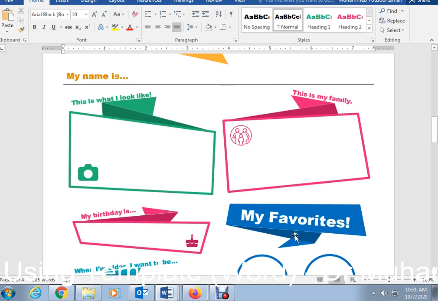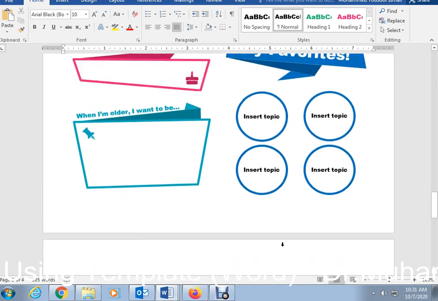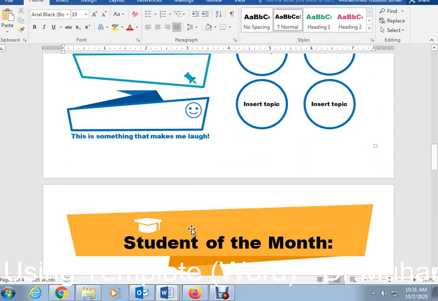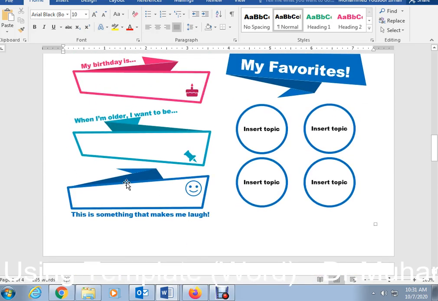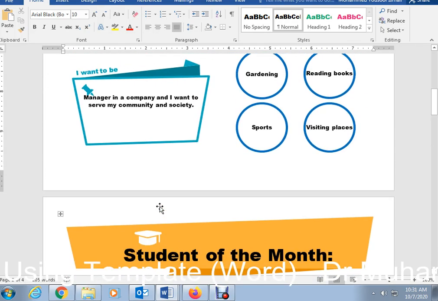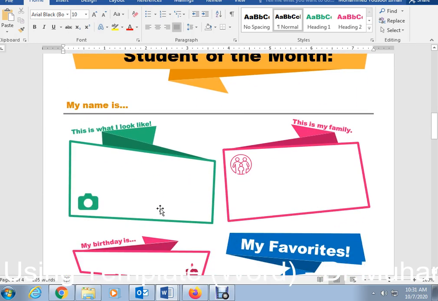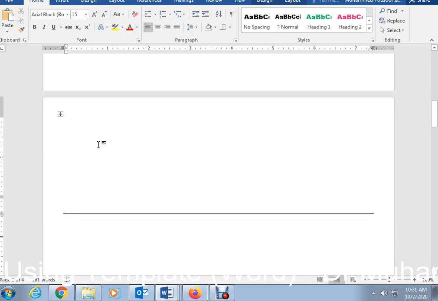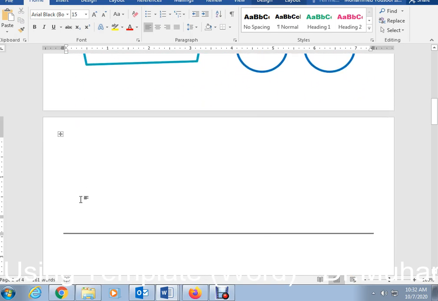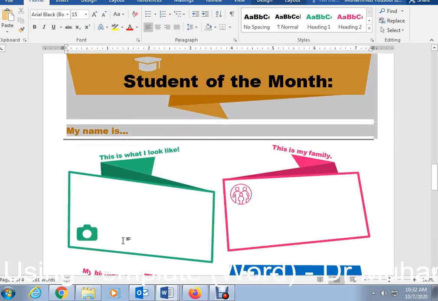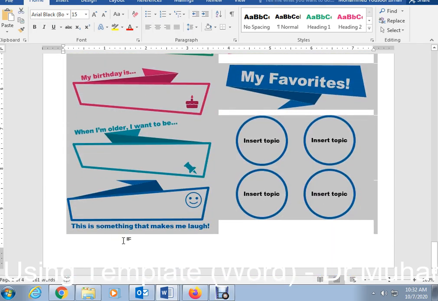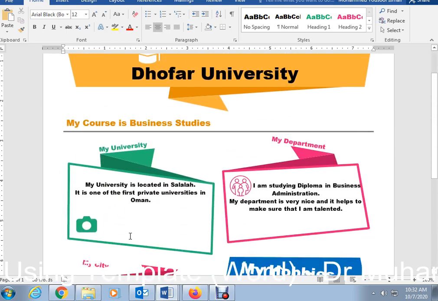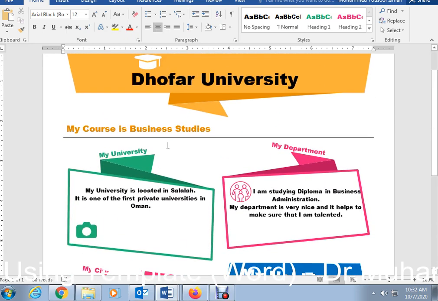You can have the same poster for 4 pages, or you can just make it for 1 page as you like. Okay, manager of a company. See, this is another template which you can use if you want. If you don't want, you can delete. Sometimes you don't want everything, you can just scroll over it like this, select and delete. Now you have a one page poster. It is just a simple idea which I made.